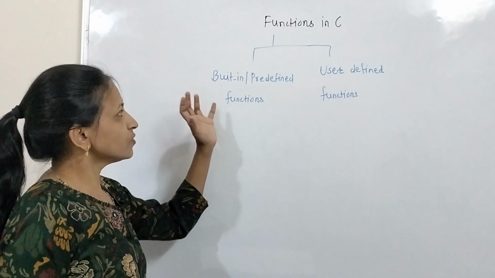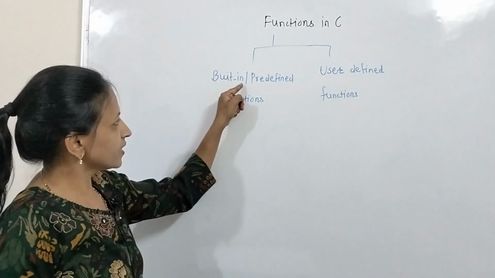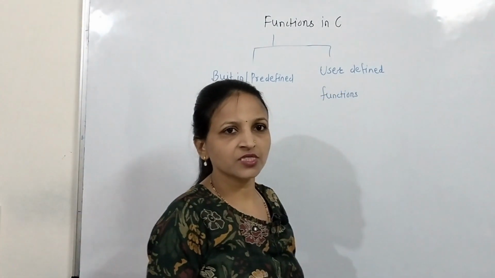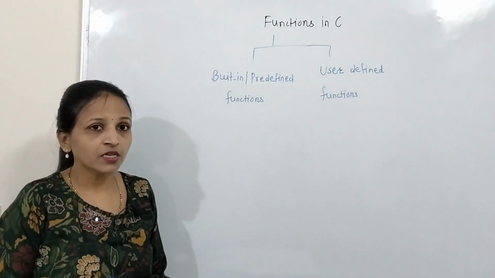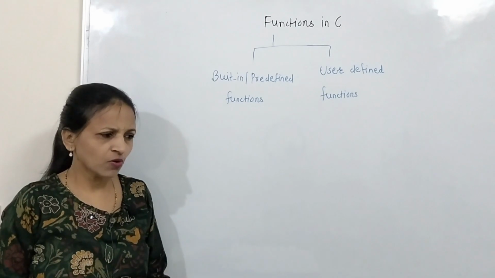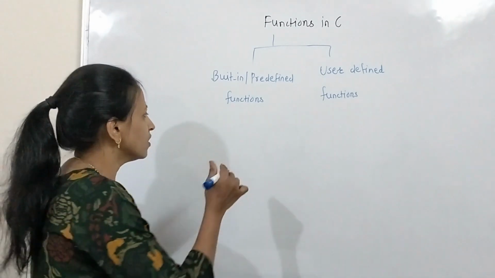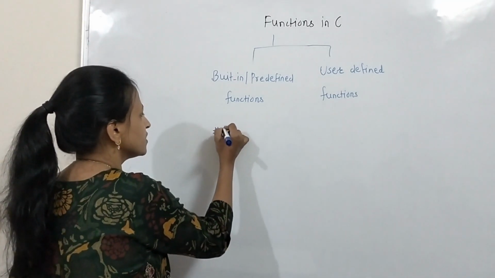There are basically two types of functions. First one is built-in or predefined functions, and second one is user-defined functions. Built-in or predefined means what? Defined by the language itself. We have already used the printf function so many times. It means we just include stdio.h,